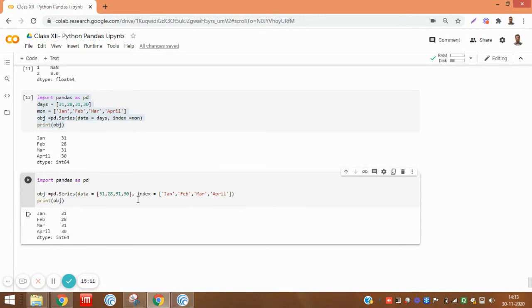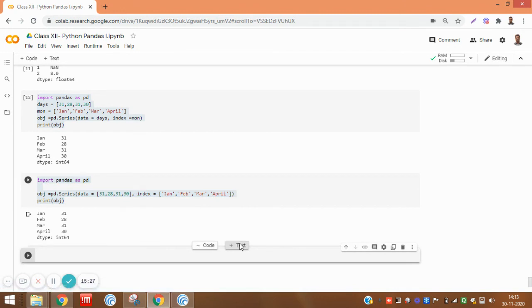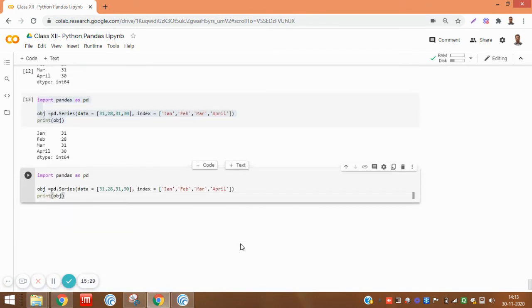We can also specify the data type when we are giving here the values, and for specifying data we will copy here and paste here and specify the data in this section.